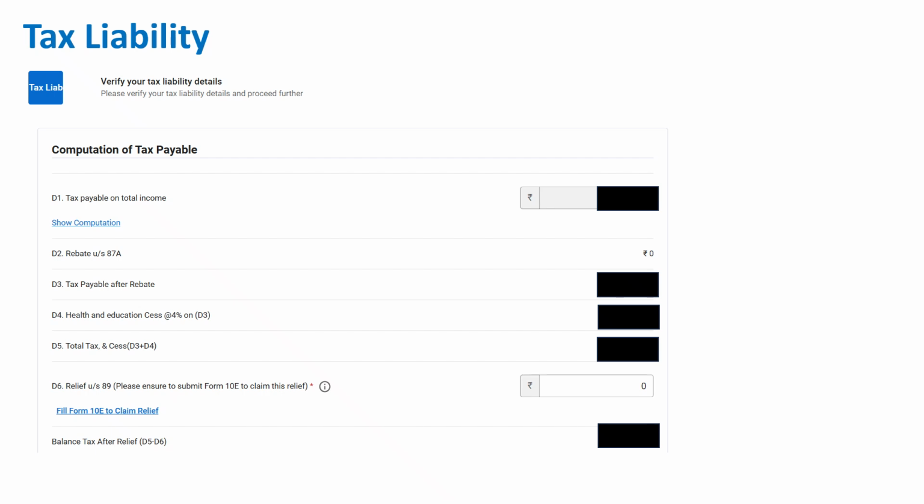And that situation is possible only when you have paid advance tax. For example, you have received 40,000 rupees as dividend. On that, you need to pay 30% tax, but you have missed it. You have not paid the advance tax during the year. And now when the data is filled and matching with AIS, it will throw a tax liability because you need to pay 30% tax on dividend. But at source, the TDS deducted is only 10%. So remaining 20%, you need to pay it. So ensure that you pay advance tax throughout the year whenever it is due, instead of keeping it at the last and paying along with the ITR, because this will attract a certain amount of interest. So it's better to avoid that interest.